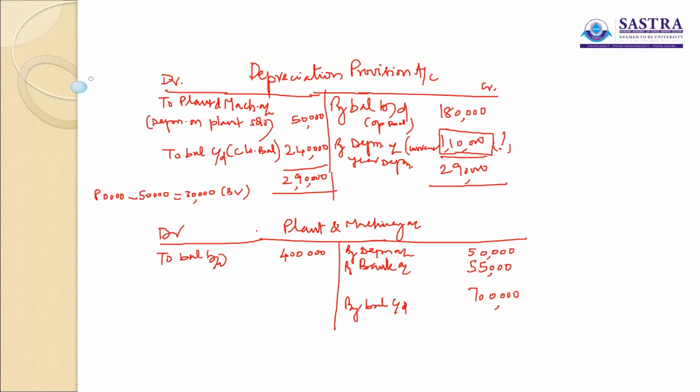That means here in the plant and machinery account, it should be debited to general reserve account. If it is credited in general reserve account, it means it should be debited to the P&L. The journal entry is P&L, plant and machinery account debit to general reserve, 25,000, the amount of profit. So how is the 25,000 arrived at? 55,000 is the sale price minus 30,000 is the worth of the asset, the book value of the asset. So the difference is 25,000.